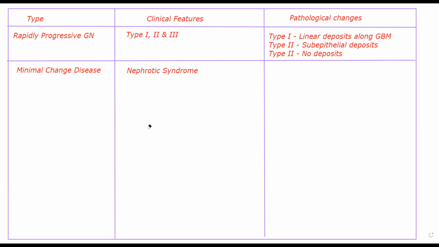And what will happen is you will see lipid vacuolation in tubules. Vacuoles full of lipids will be seen inside the tubule. Some of these vacuoles will start depositing in the tubules, but most of them will just form vacuoles, and you will start seeing lipid in the person's urine. So if you collect their urine, a good amount, let's suppose 500 ml or something, you will start seeing a proper layer of fat on top of their urine. That is a good sign that the person has minimal change disease.